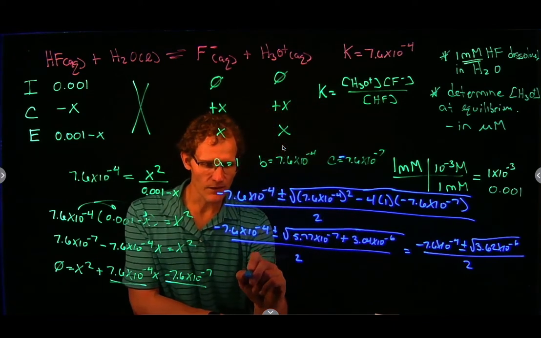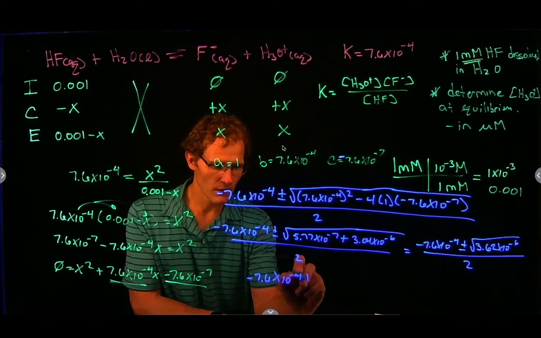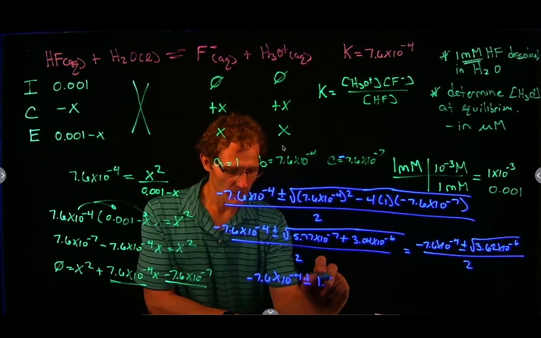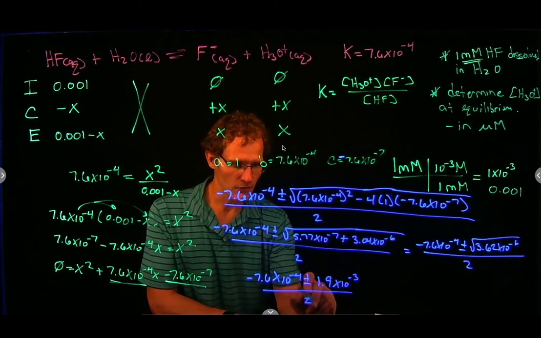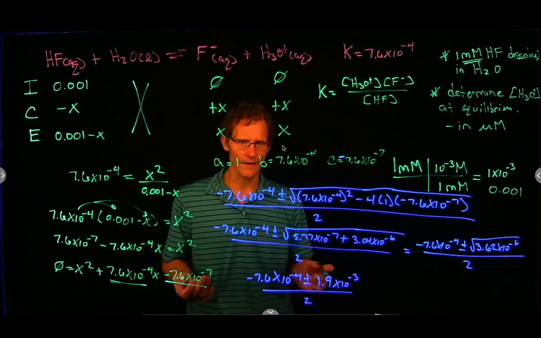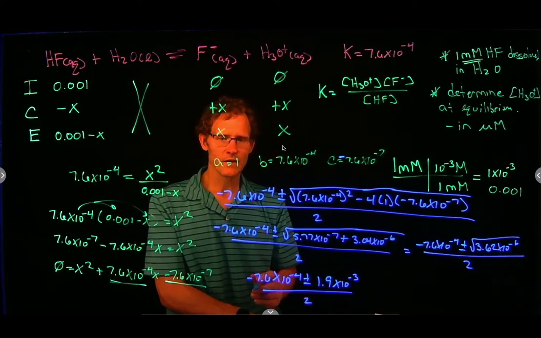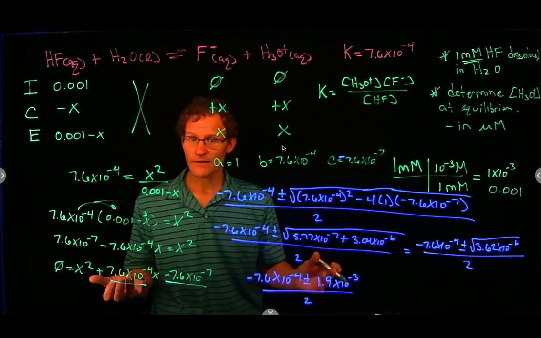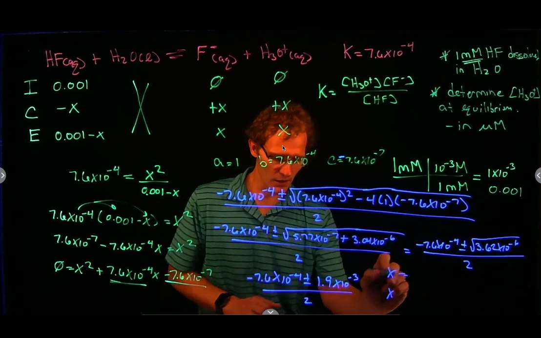So we end up with negative 7.6 times 10 to the negative fourth plus or minus 1.9 times 10 to the minus third, all over 2. Okay, so at this point, we have our plus or minus. You just need to put this in your calculator, and you'll see the two possible solutions for x are equal to